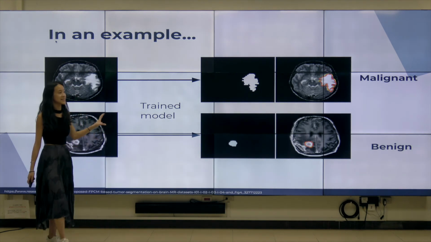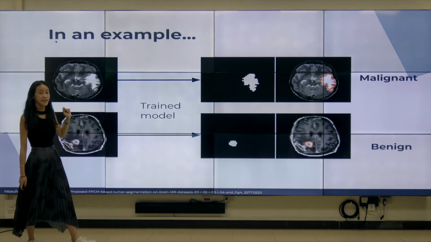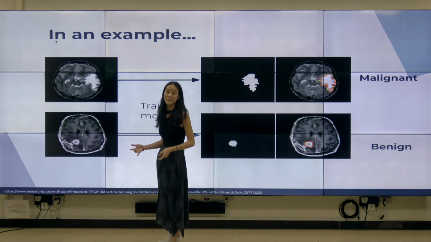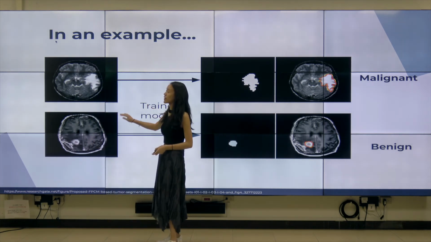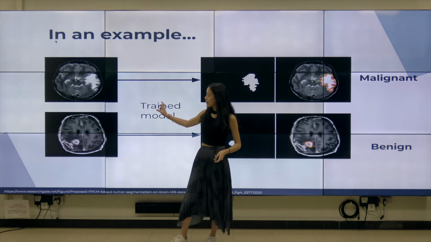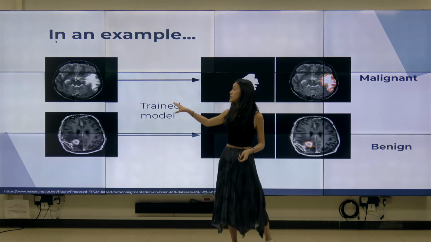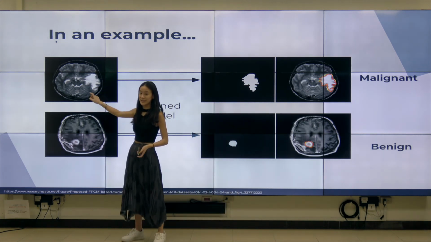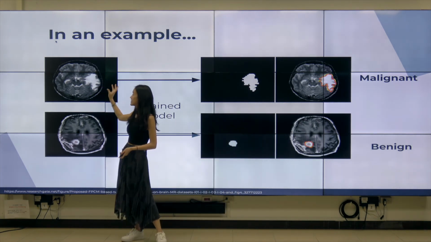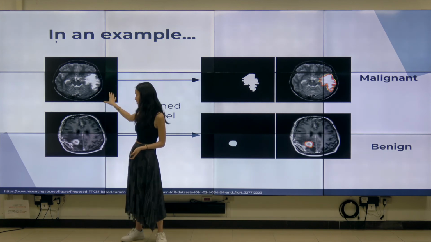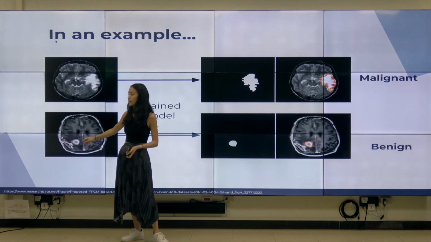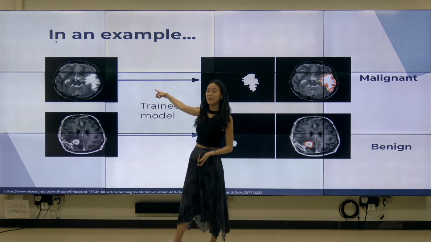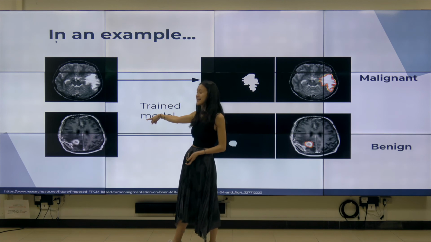So applying this to an example, let's just say that this is an image that I actually showed in previous lectures as well, but it can be applied here. As you can see, we have two different images here, and these are very different tumors. This one, as you can clearly see, is malignant. It doesn't have distinctive boundaries at all, whereas for this one, there's more of a round distinctive boundary. It's a lot smaller as well. So you can tell that person would have a lower life expectancy than this one.